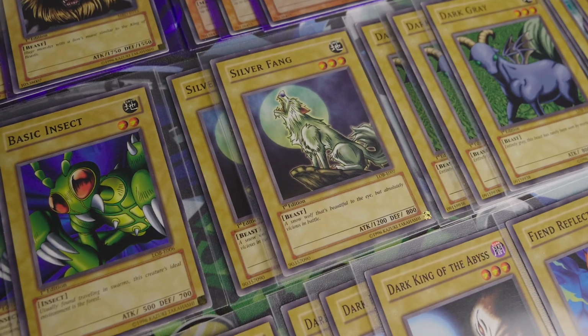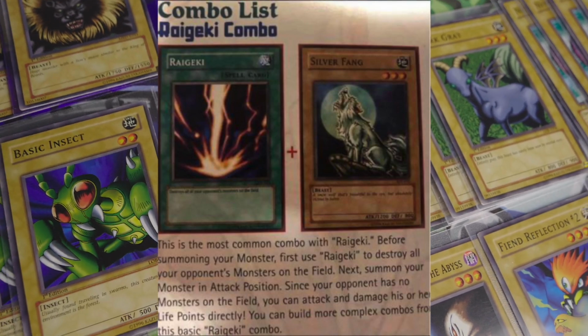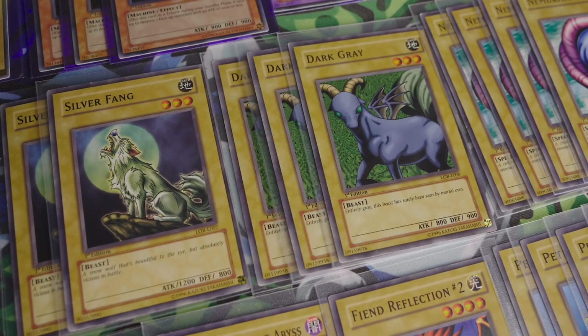Then we have Silver Fang. Oh man, I remember this one. There was also this article where they go like, oh, a great combo is using Raigeki and then Silver Fang so you can attack your opponent directly. And I was like, wow, what a crazy combo, right? Dark Gray,